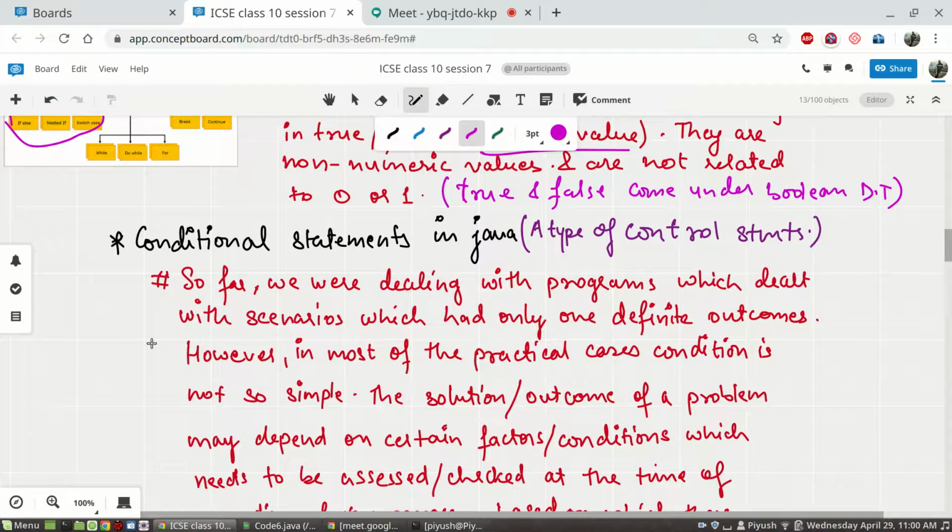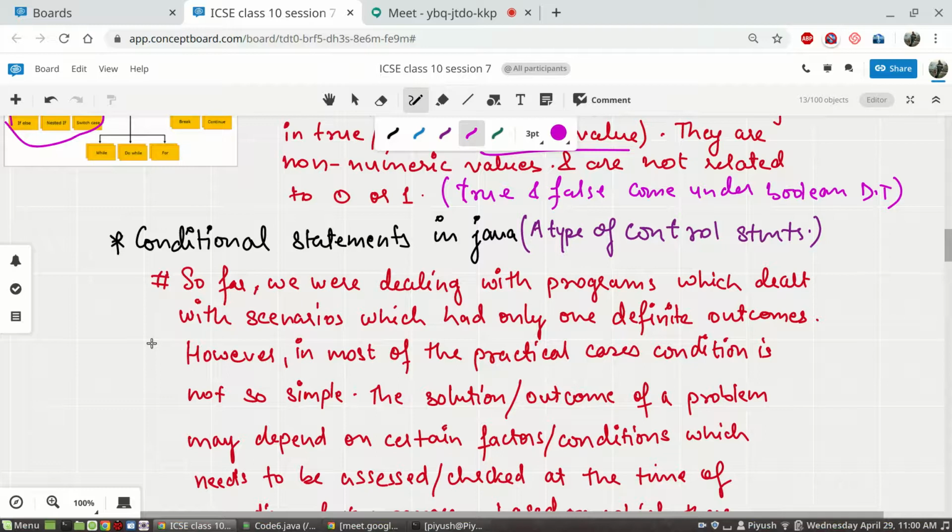You can say, I'll go out and play in the evening if it is not raining, else I will stay back at home and watch television. So there is a condition now. You are not sure what you will be doing, but you know there are a few possible outcomes. You will either go out and play, or you will stay back at home and watch television, depending on the condition, and the condition being whether it rains or not.